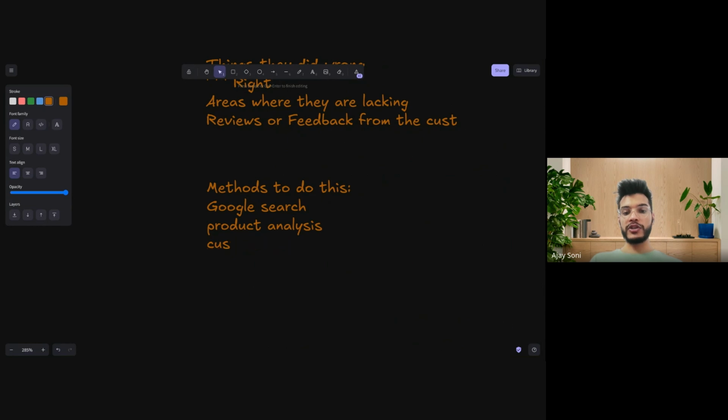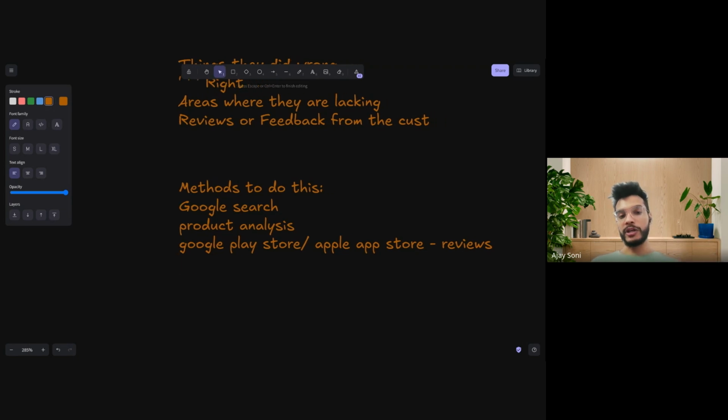Or maybe instead of customer reviews, and again, the thing is how we can get the customer reviews. So we can go to, let's say, if it is a mobile app, right? So we have the Google Play Store or the Apple App Store, right? So we have these two things, and under this we have the reviews posted by the users, right? So we can read them and we can try to understand what they are actually liking. So it's the easiest and free option to do good competitor research, you'd say, right?